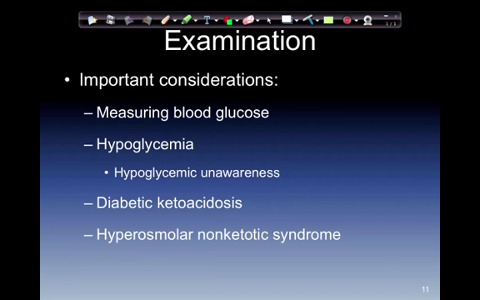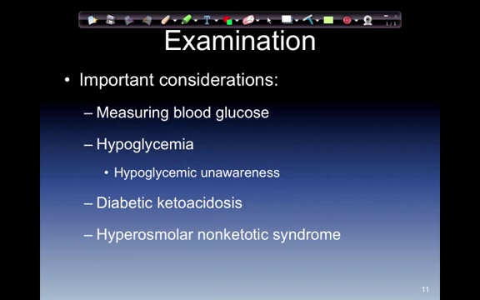In DKA, or diabetic ketoacidosis, the symptom pattern is a result of dehydration and acidosis. In HONKS, or hyperosmolar non-ketotic syndrome, the presentation of the patient is one of profound dehydration without ketosis. The pancreas is still secreting a minimal amount of insulin, so that's why they don't start producing ketones. The key finding that should raise suspicion in HONKS is altered mental status and extreme hyperglycemia.